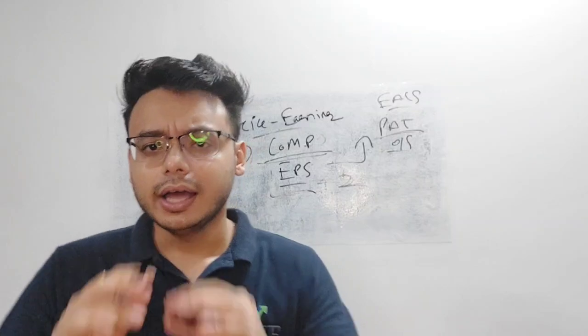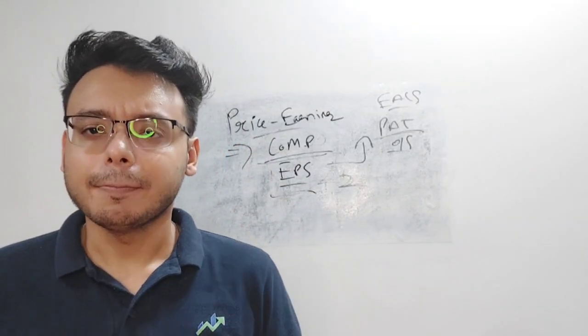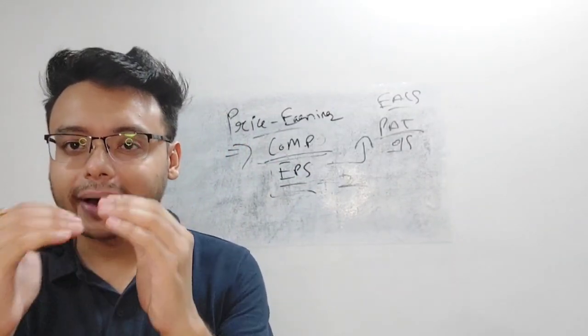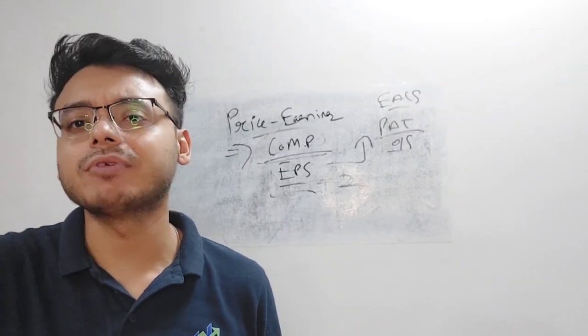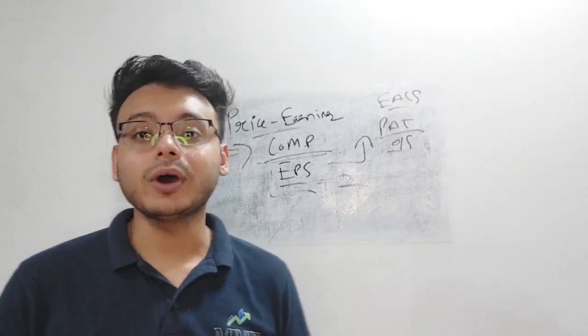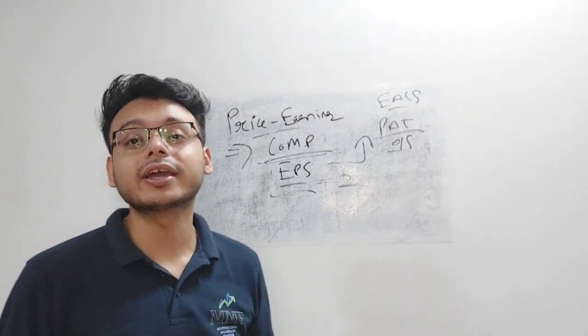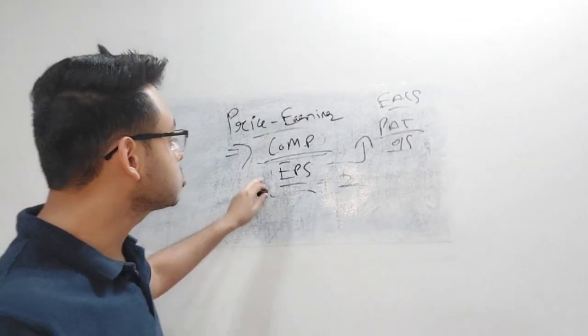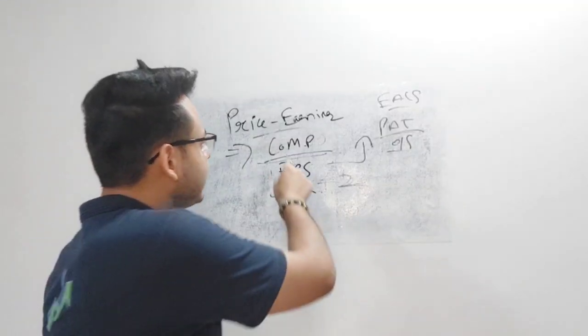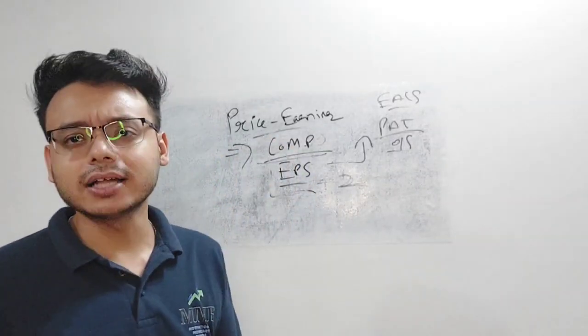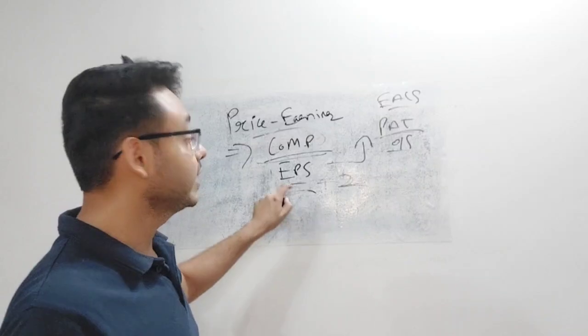Now the thing is, in books we tend to learn that we should buy an undervalued stock, that is buy when the price to earning is low, and sell when the price to earning is high, as it might be overvalued. But one thing we need to understand is that this assumption might not work in real life. So what happens in price to earning? It might happen that the ratio is very low. And when will this ratio be low? Simple maths, the fractions concept of maths: when the EPS is high,